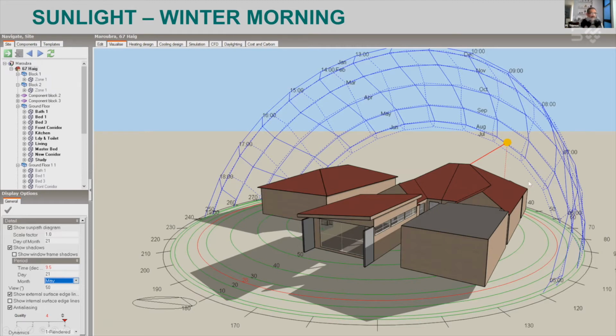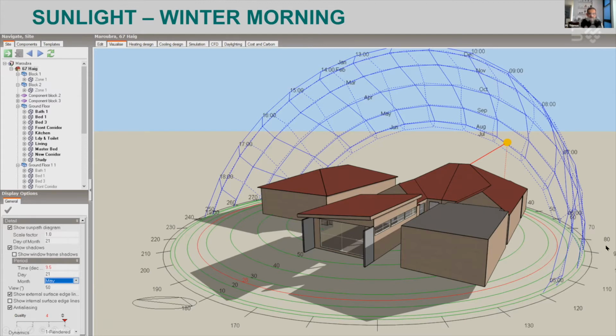But literally what I was interested in was, in the morning, how much sun am I going to get through this east face, which is facing the neighbor. And that's the morning sun. You can see there's a patch of sunlight on the floor there, 9:30 on May the 21st. And there's a reason for doing that.